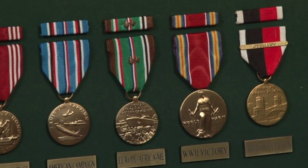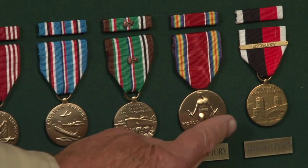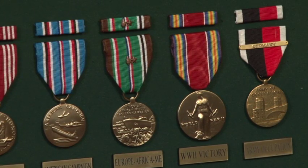The next medal is the Victory Medal, and that was authorized from 1941 to 1946 with just 30 days service. And the final medal is one that a lot of veterans never knew they earned,